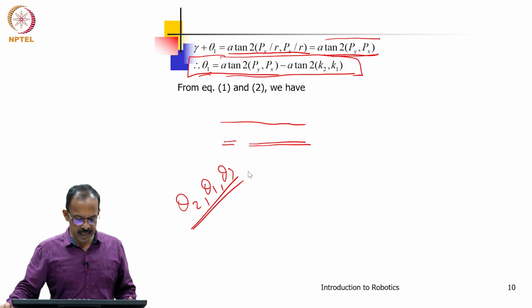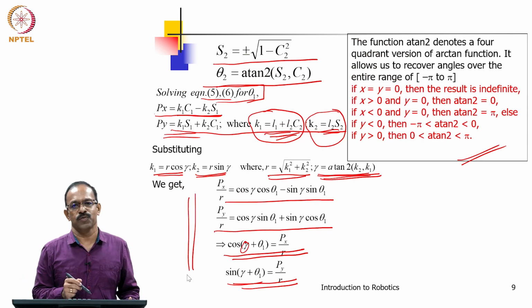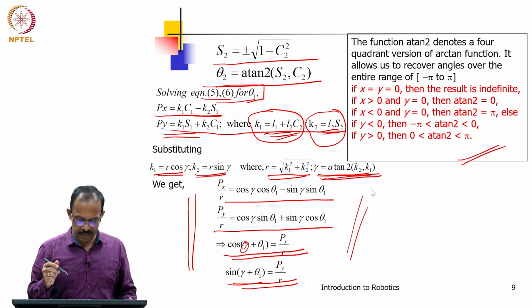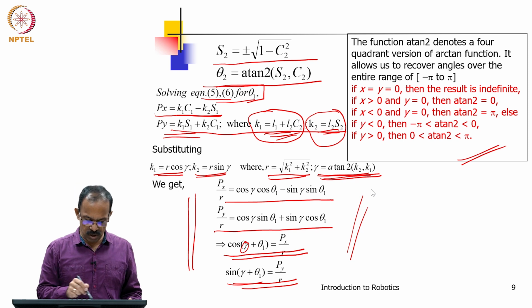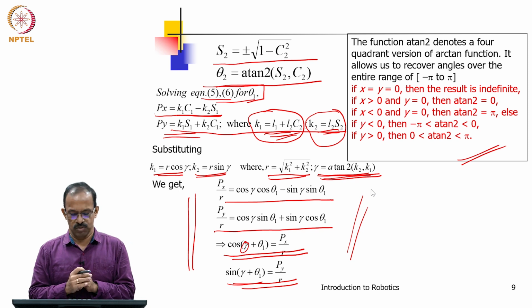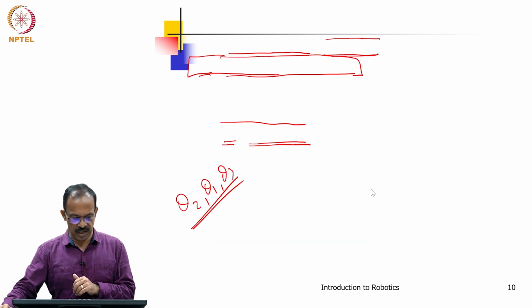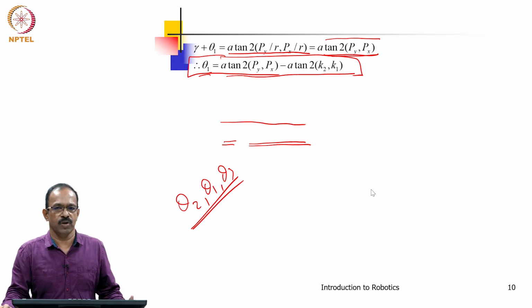You may find it a bit difficult that you have to do a lot of substitution here. So, how do we know what kind of substitution to be made? This can be addressed by different methods where we do not really solve all these. We will use some standard trigonometric equations and then we can solve it. We will discuss that in the next class, how we can use standard methods to solve the inverse kinematics without going for too many substitutions. We will discuss the method of solving in a simple way, and we will see a few more examples in the next class.